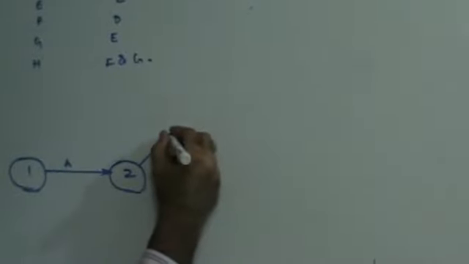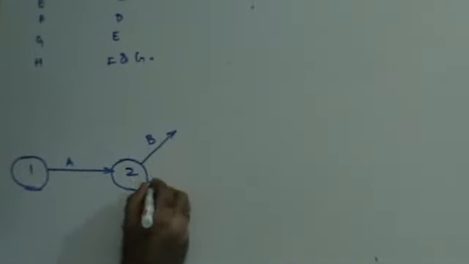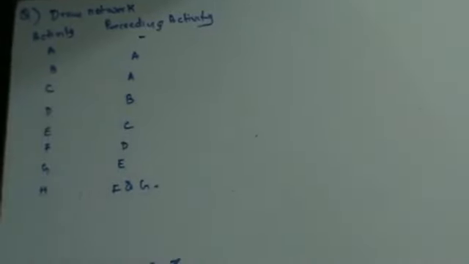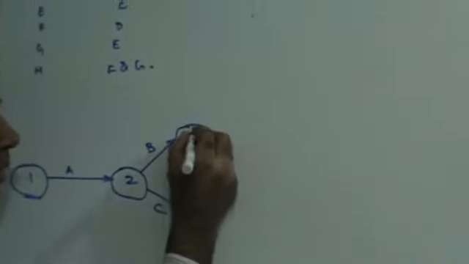Preceding means the one before. From A you have activities B and C coming up, so this is going to give you 3,